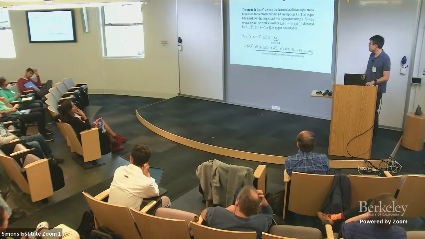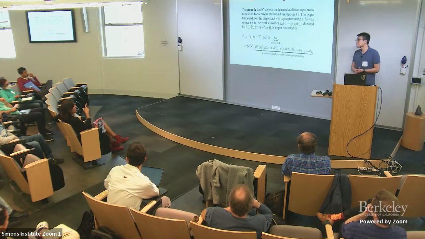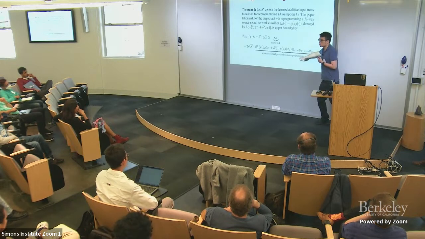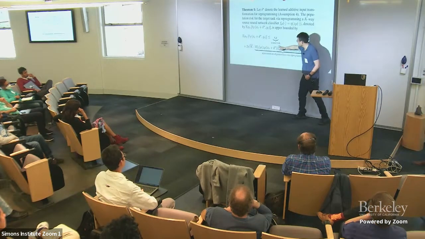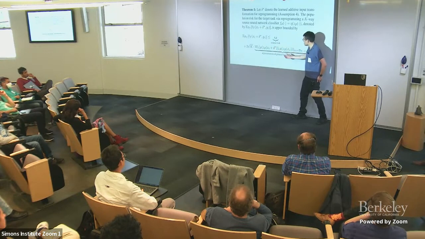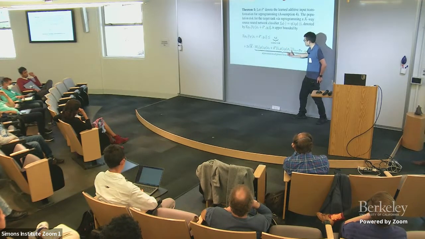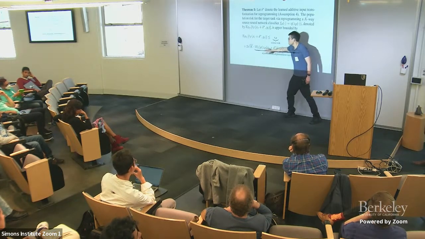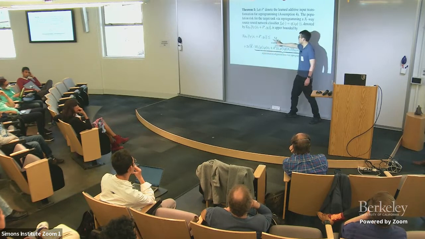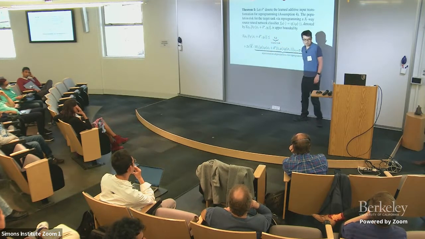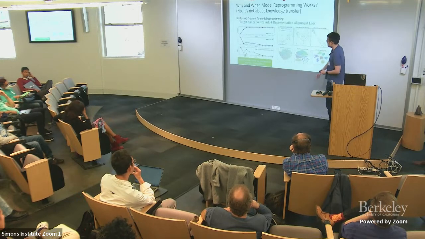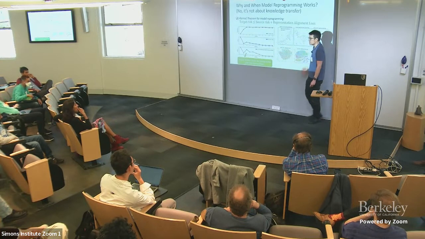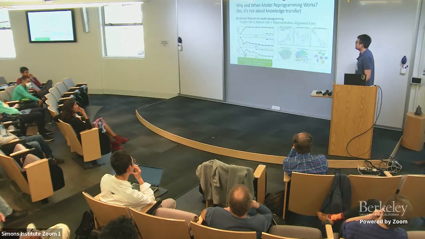Is that a formal theorem, or an informal theorem? I'm surprised you have an upper bound, and you claim that you can actually get the target loss to be less than the source. I find that a little surprising. Yeah, only if the second term goes to 0. So the interesting thing is how can you design the input transformation, so learn this delta such that the source representation will be totally aligned to the target representation. If you have a perfect alignment, then this Wasserstein-1 distance will be 0, and then you can guarantee the target loss is upper bounded by the source loss. But that is the ideal setting. In practice, when we measure this Wasserstein-1 distance, it's actually never 0, it just becomes smaller once you enable this reprogramming framework.